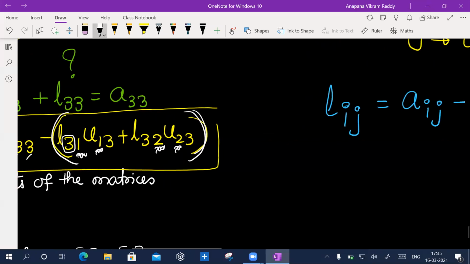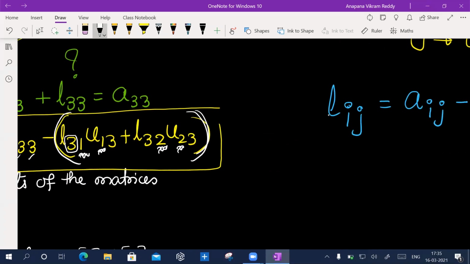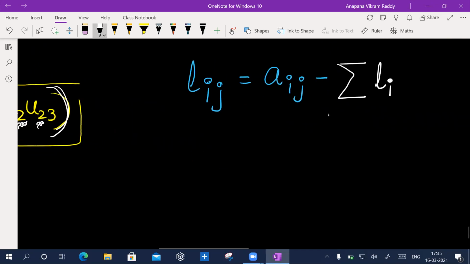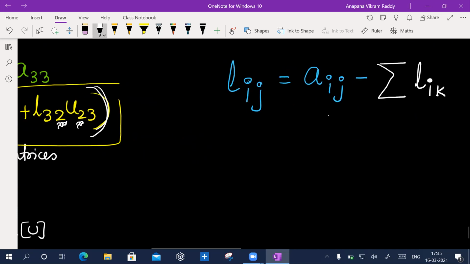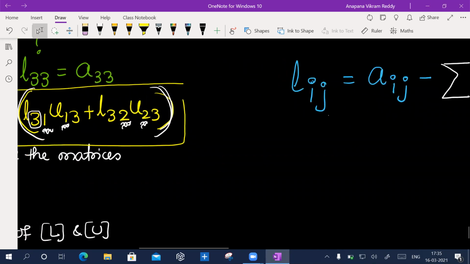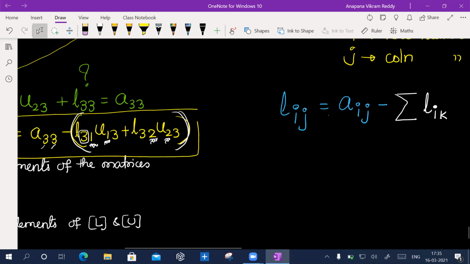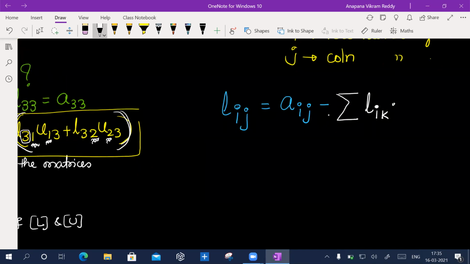And what about this one now? I don't know that, right? This one is a foreign quantity. So let me choose some variable as K. Agree? Now if that is K, can I say this is multiplied by UKJ?